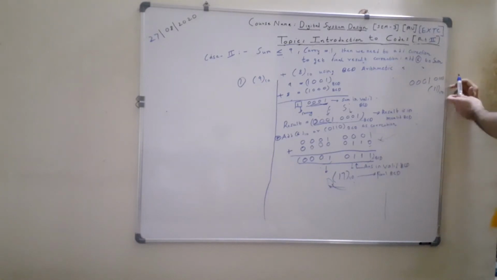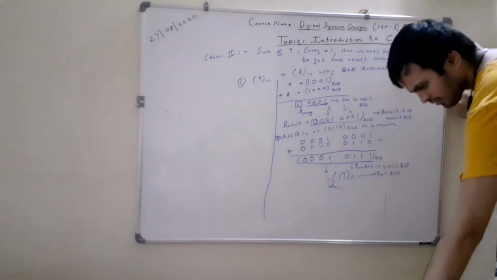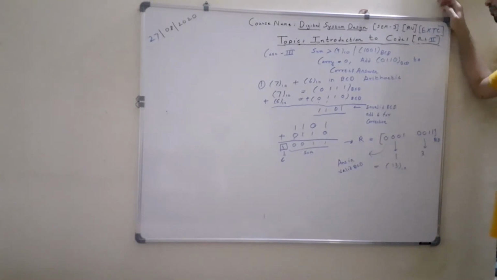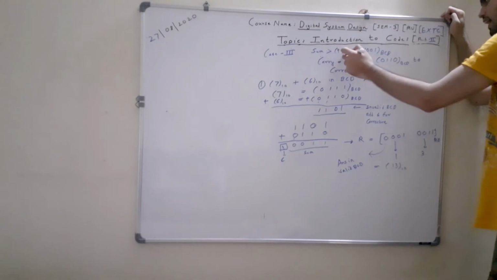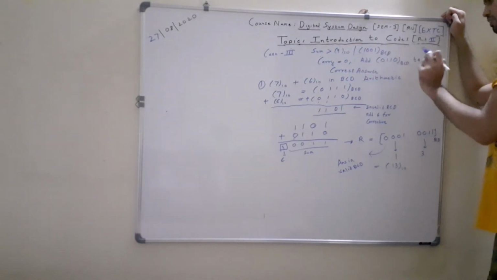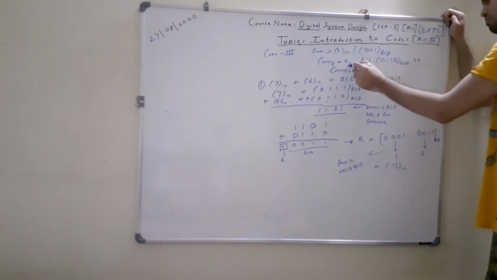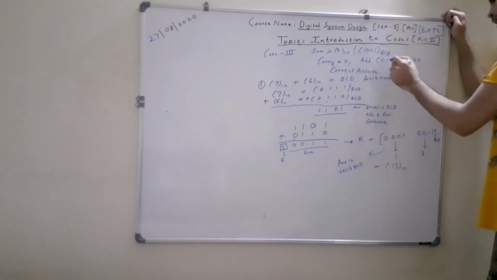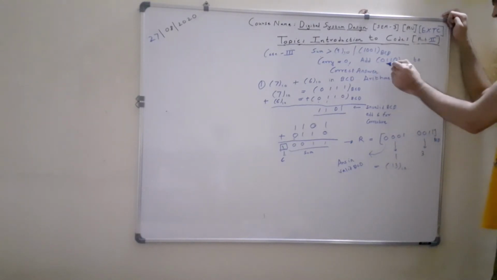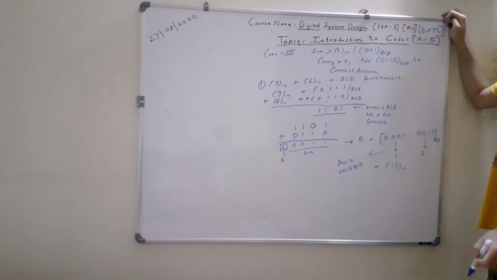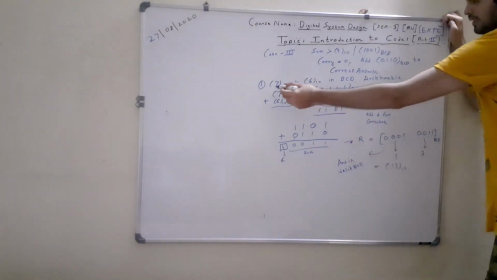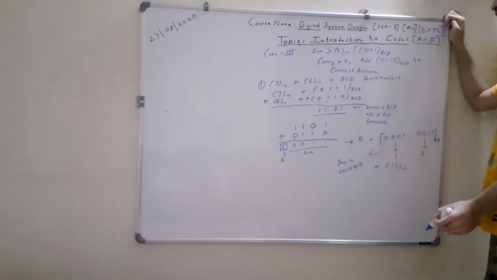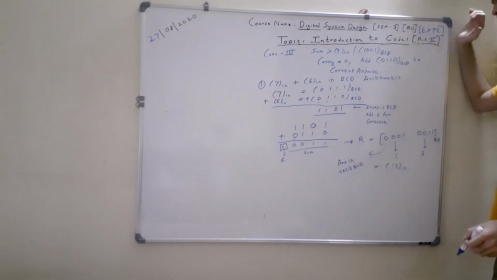Now we will study the third case. So what is case 3 for addition? Case 3 is when your sum is greater than 9, or 1001 in BCD, and the carry is 0. Then you need to add a correction, which is 6, to get the correct answer in BCD form. Now let us move on to another example to understand this case. This is a simple example: add 7 plus 6 using BCD arithmetic.